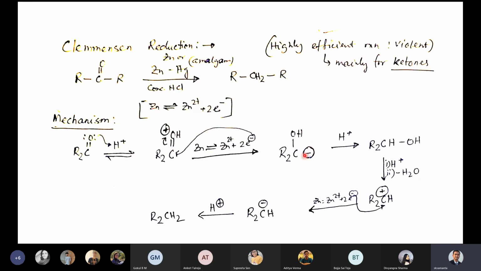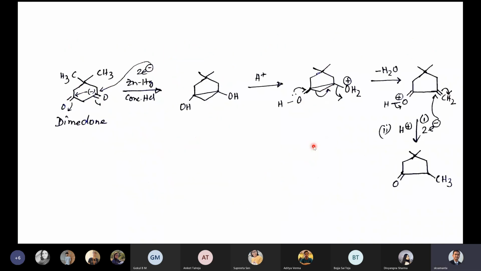Correct? Now this negative charge will then attack this carbonyl carbon, so that you get a bond from here to here. That is what has happened here. And it takes again a proton from the medium. Now this proton will protonate any of these OH, for example this one, to form OH2 plus, which becomes a good leaving group. Then this bond breaks, so that you get a double bond OH plus and double bond CH2. Eventually, it's a double bond O and double bond CH2.